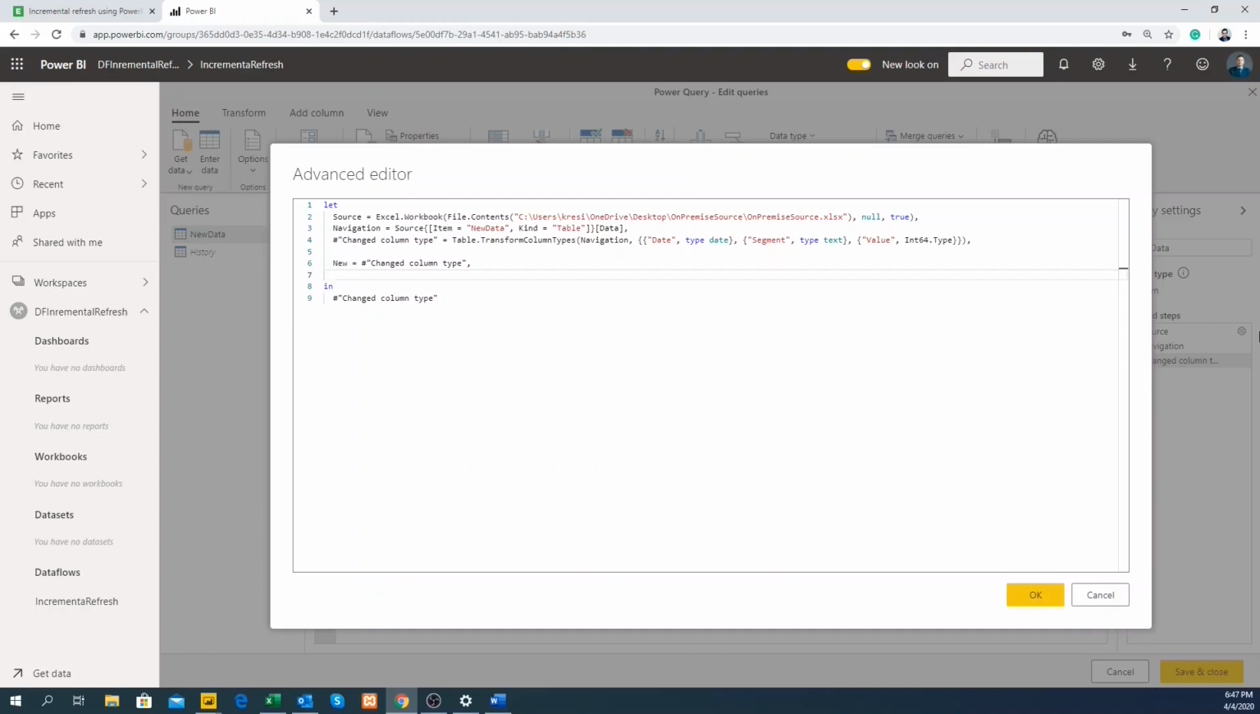Next, we need to check which is the first date available in the new data. Why? Because we want to filter our history table so that it does not multiply new data and history data if the new data already has some other values. This way we can be sure that there will be no duplications of sales, for example. So let's add a min date variable and we will just write